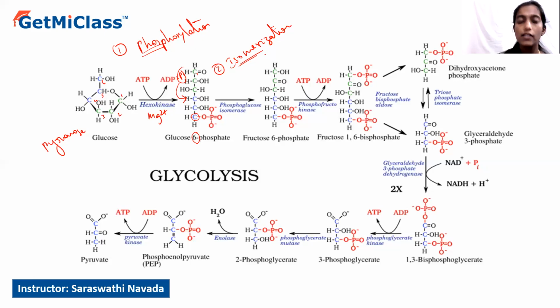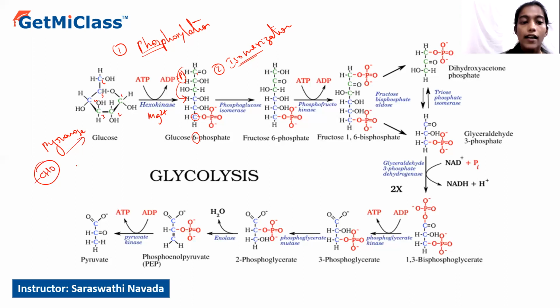So it may be a structural isomer, functional isomer as such. So here, in case of glucose, if we consider, glucose is a hexose sugar which contains aldehyde as a functional group. So here you can see the presence of CHO. So aldehyde is the functional group in case of glucose,